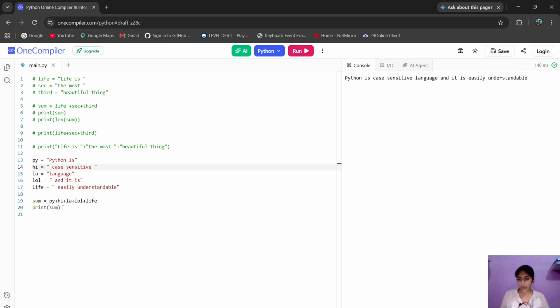Okay, this is how you write. You can add any number of strings you want. That can be 3, that can be 5, that can be 7, or any number of strings. You can join them at your own will. The number doesn't matter. So this is how you can join two or more strings, and you can find the